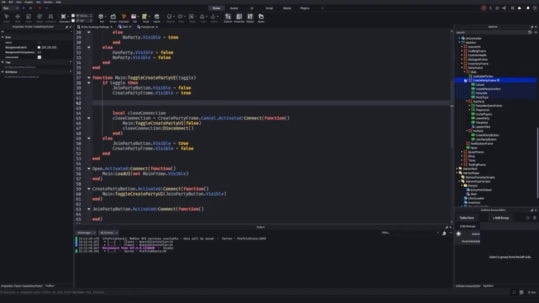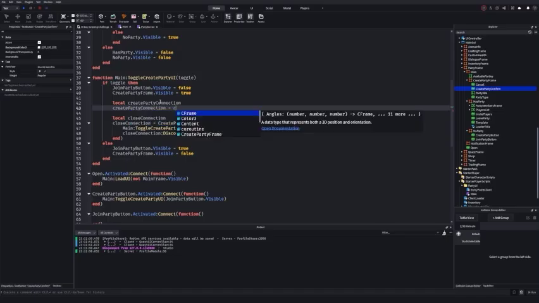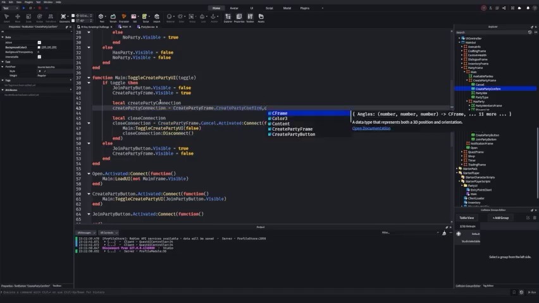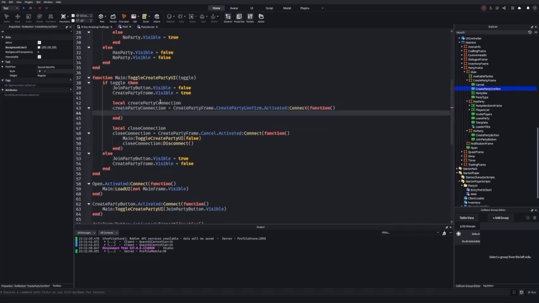So we have our confirmation button, the party size, and the party type. The only thing we care about is the create party confirmation. So we could create another connection, so we could say create party. It's going to be the create party frame dot create party confirm activated function here. And with that, we're going to basically just get the variables that we have. So the party size and